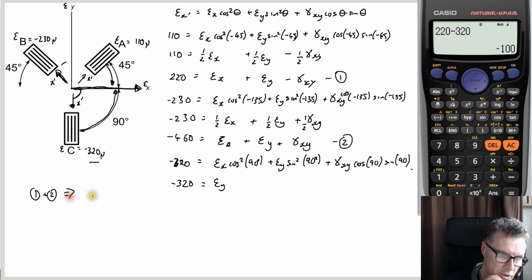So therefore we're going to have minus 100. This plus this will be 2 of them. This plus this will be 2 of them as well. So that would be minus